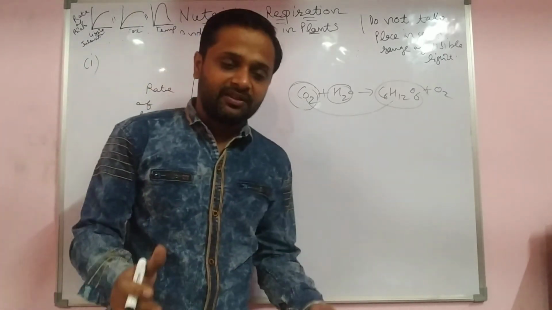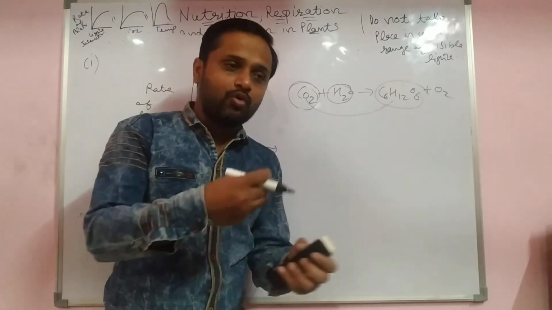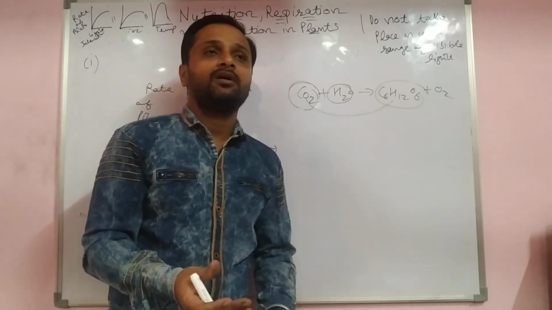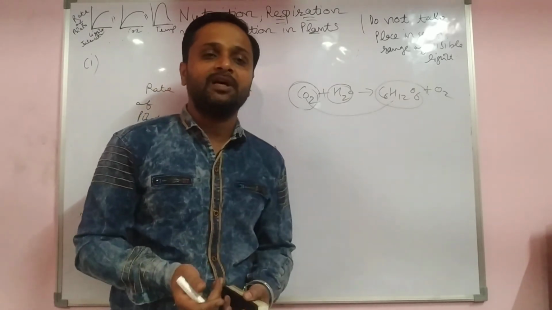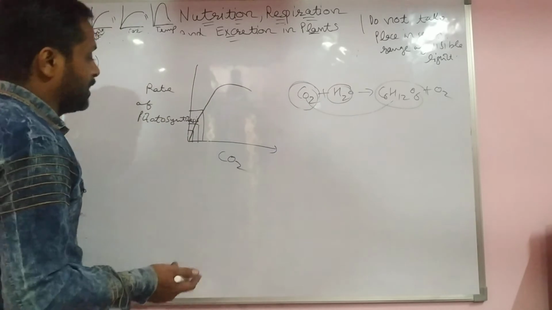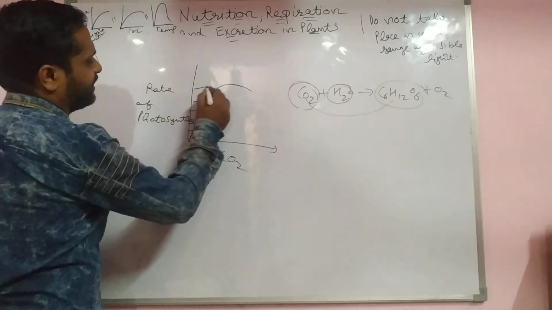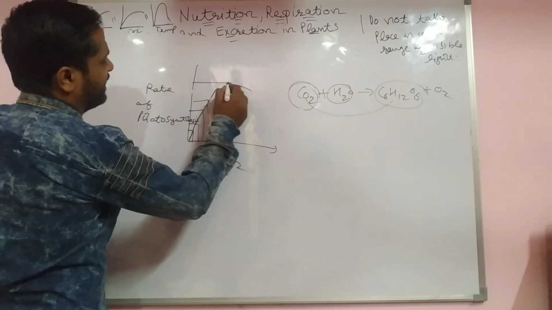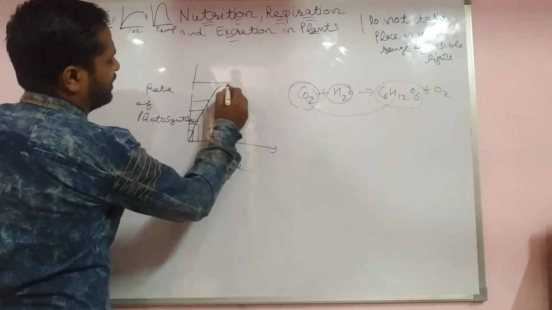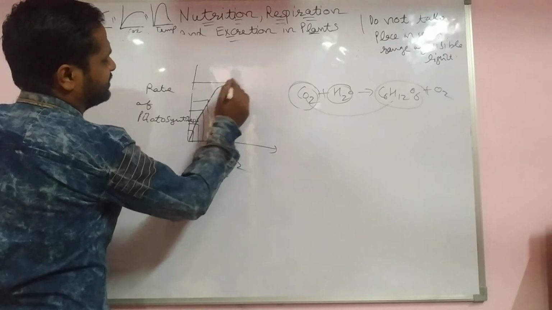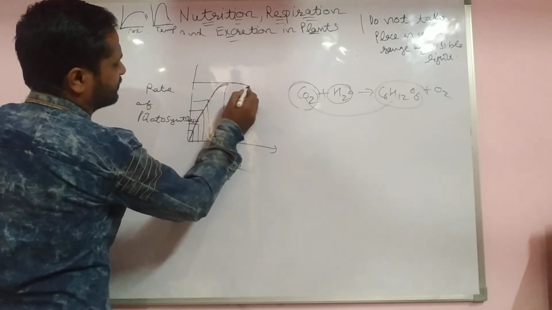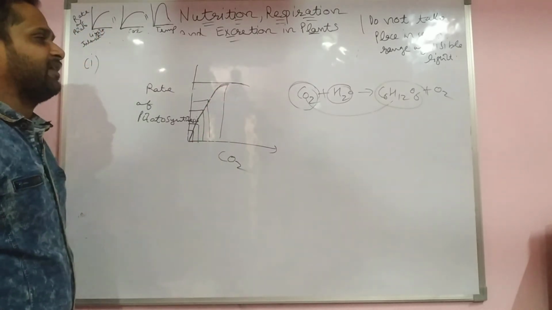Yes, if you burn a fire and you put petrol on it, the more petrol you put, the more fire comes from the wood. So when CO2 reacts, it increases up to one time, a maximum. Same like this only. Afterward, it is little but constant. Yes, the same graph is there.